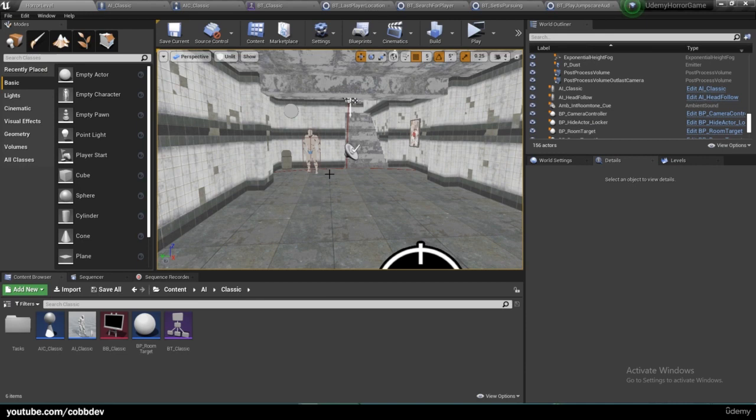The classic horror way will whip you around to face the enemy as they play their attack animation, which kills you. The other won't restrict your movement, and if they hit you, it does damage, but you can continue to run away. We're going to set it up in the classic way, where he kind of whips around and kills